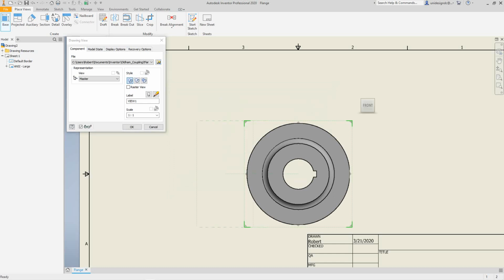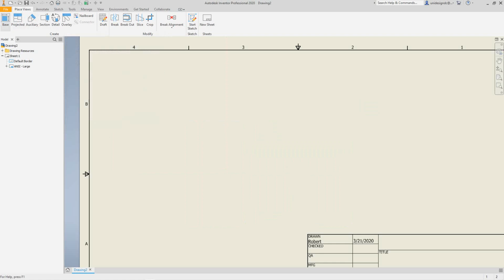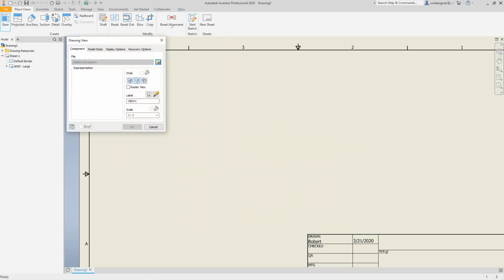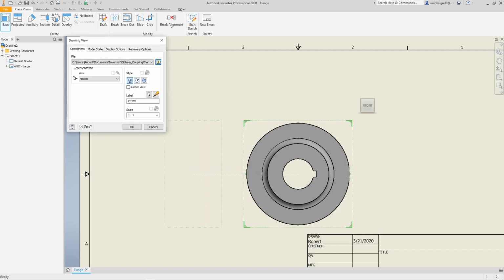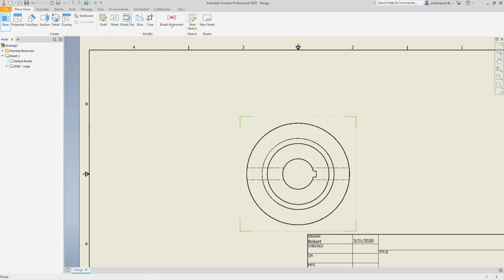Okay, now let's do a couple of other things here. We want to make this a wireframe. Let's undo that again. I think we should, yeah, we need to do that first. So let's click this guy, make this wireframe. Scale is 1:1. So then we'll go and pick up our flange, just double click. And we should be able to say, okay, now there it is. It's in our view, we're on our sheet, and as you can see, it's